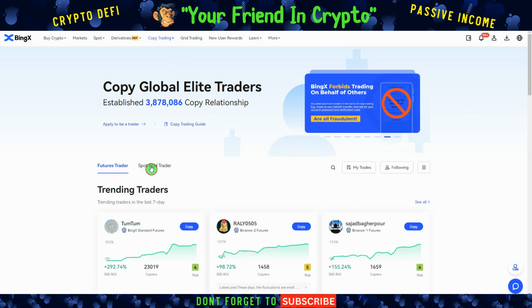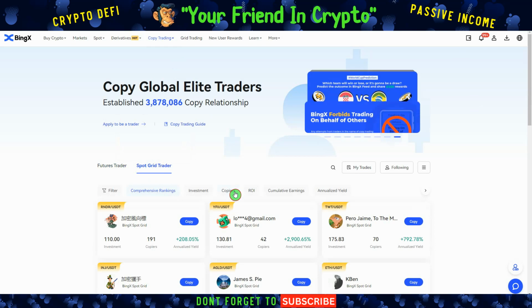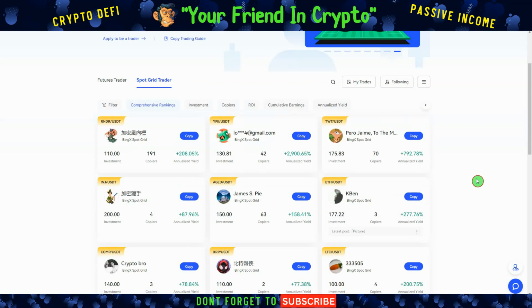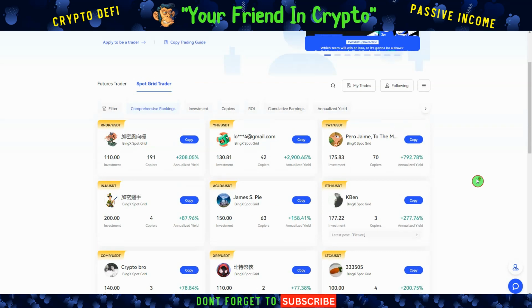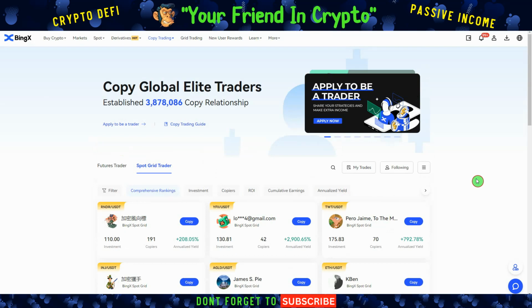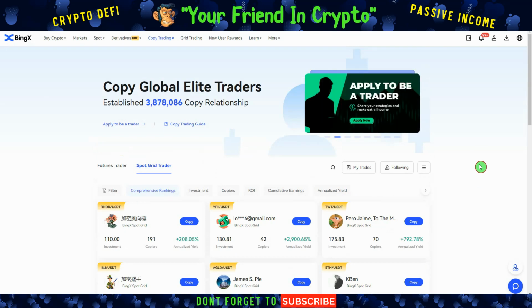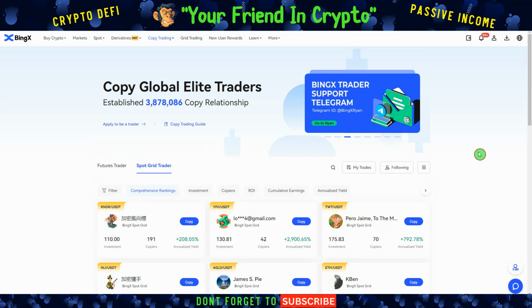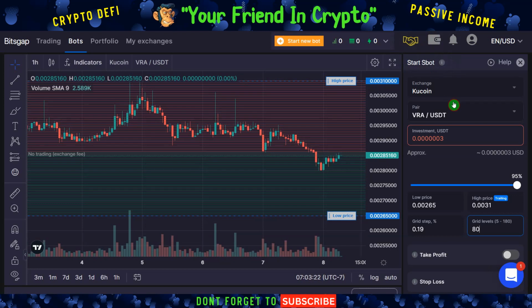Now they do have spot grid trading, and I'm going to talk a little bit about that. Before BingX, there were a couple of places you could spot grid trade, but not copy guys that are spot grid trading. Let me show you. I'm going to use another site that I've used before to explain what spot grid trading is. The long and the short of it is